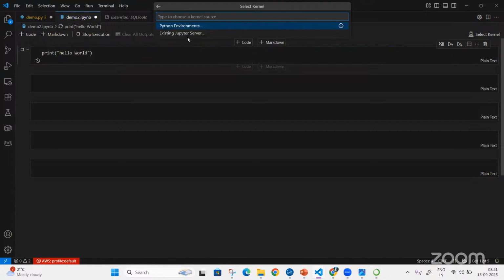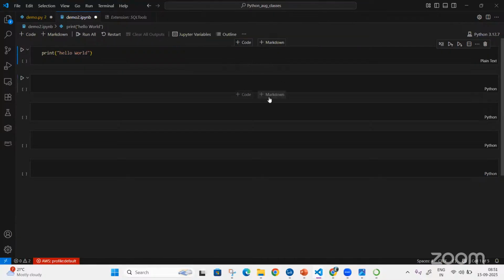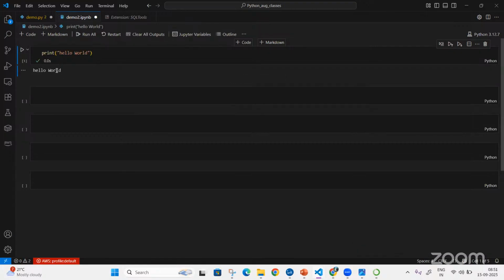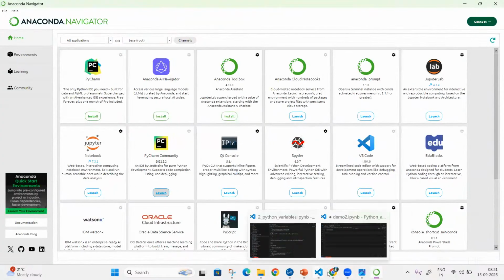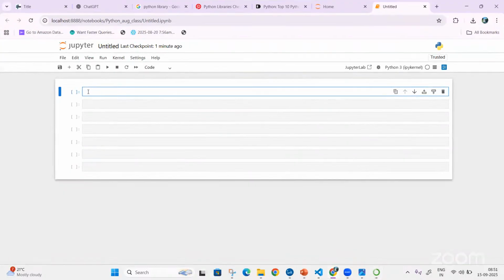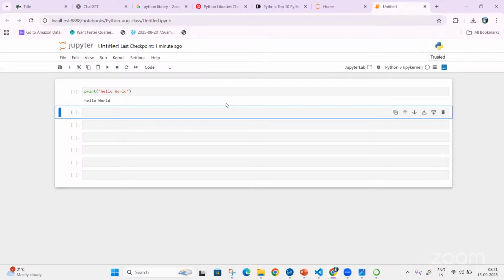If I execute this, I need to first set the Python environment. I'll use this base. And if I run this, I'm executing a piece of code. The same way, if I want to execute in Jupyter Notebook, I'll keep it here and press shift plus enter. I'll be able to execute that piece of code.